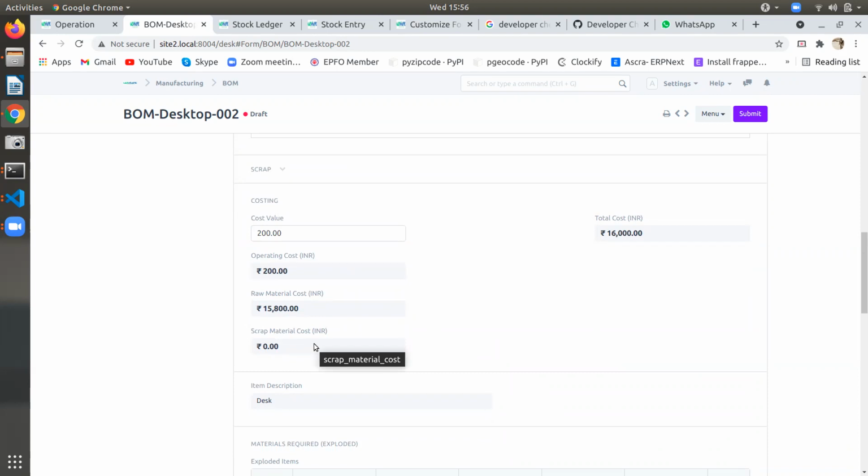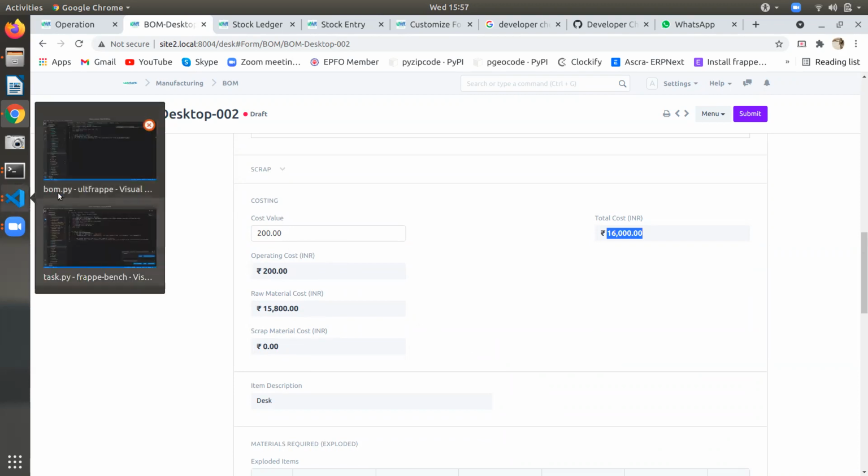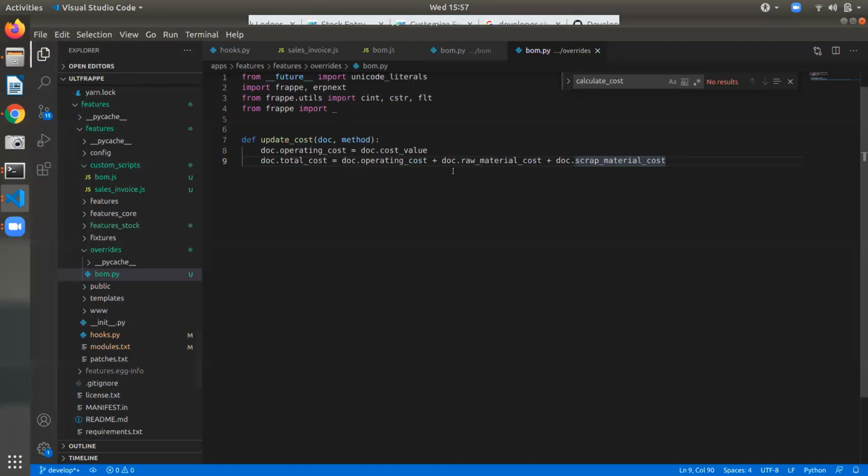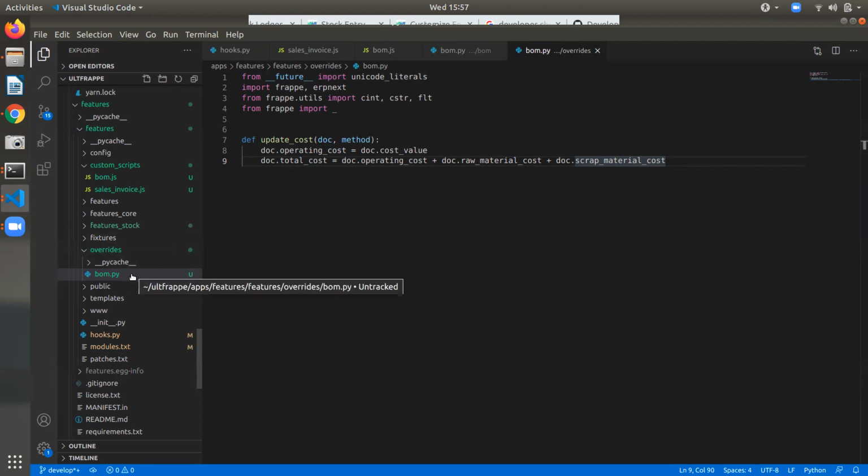So you made a new column here. Yeah, for 200 rupees you added, so that is coming as the operating cost. Yes. Okay, so for this kind of transaction we can use the Python thing. I just now created this file, right? Like this, we can use Python backend validations or server things. So one folder we have to create and one Python file we have to create.